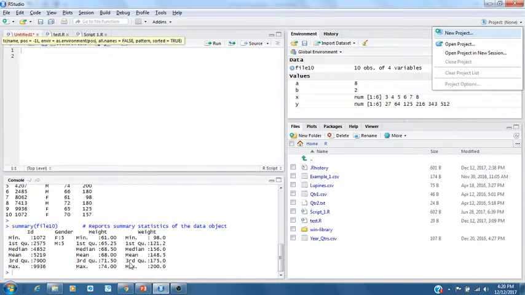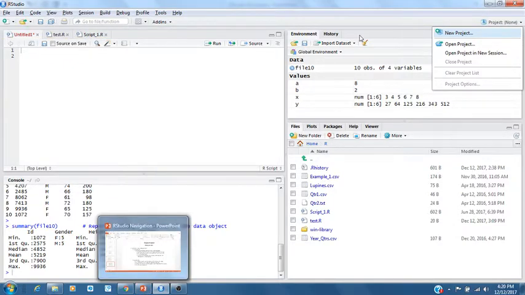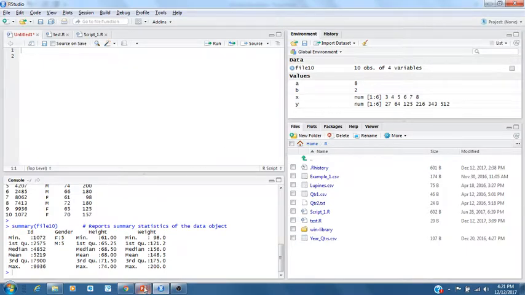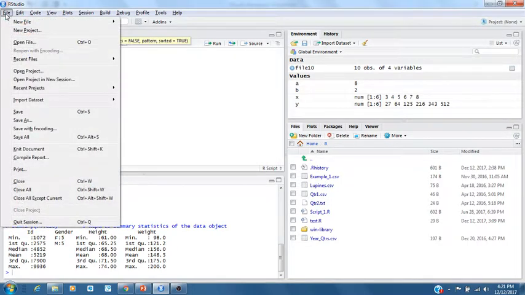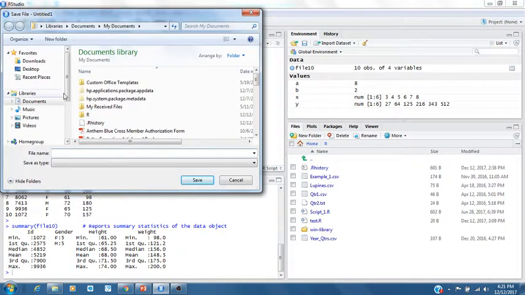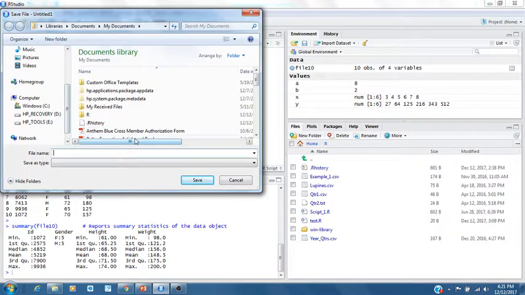Now, the other thing I wanted to show you, let me get rid of this, is saving a script. Let's just say we had a couple of statements here, and I wanted to save this. So you go File, and we could say Save As,